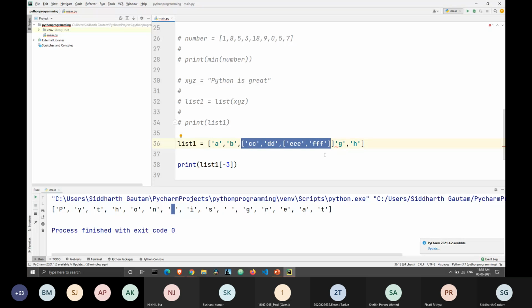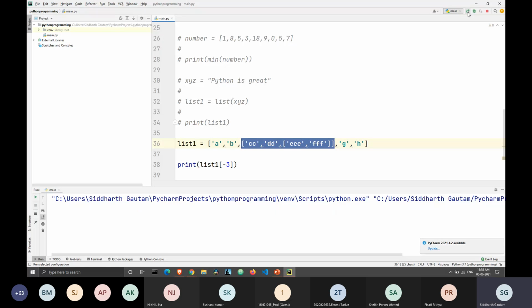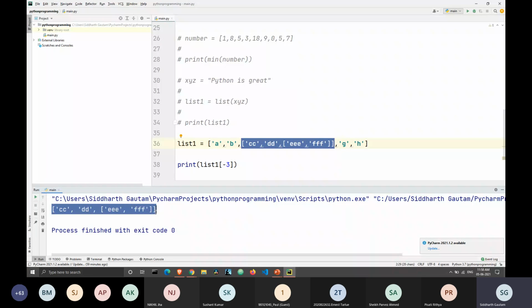Yes, you're right, thank you for that. So this entire list is the negative third element of list1. And when we print this, as you can see, we get the entire nested list as the negative third element of list1.